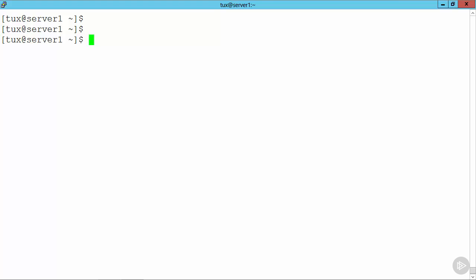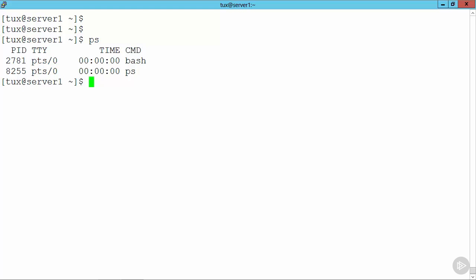For seeing the process status, there's no real need for me to be logged on as root. Only if I want to manage those processes, or processes belonging to other users than myself, would I need to be logged on as the root user. So for the purpose of this demonstration, we can stay logged on as the standard user. We're going to be looking at the ps command mainly here, and we can see when I run just the ps command without any of the options, I get to see the process ID,